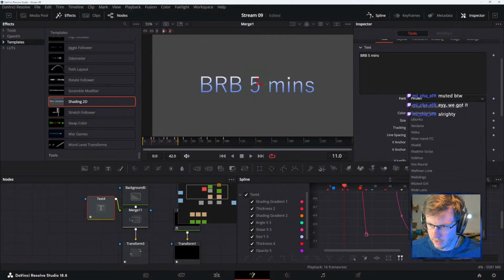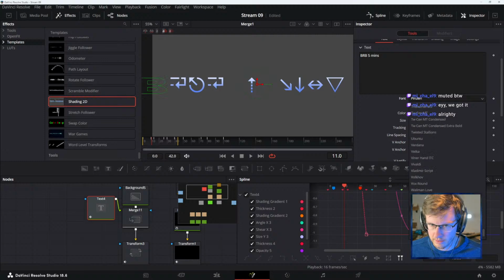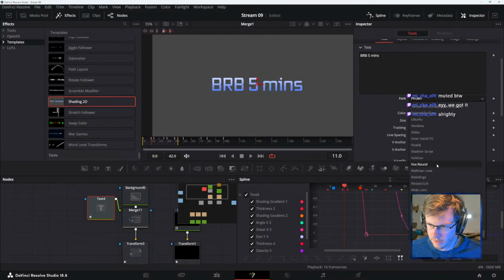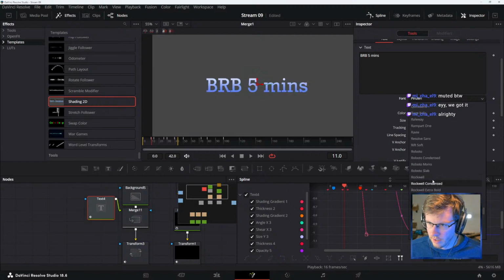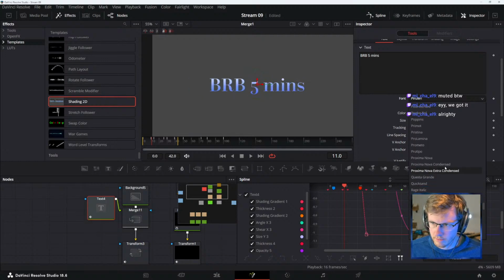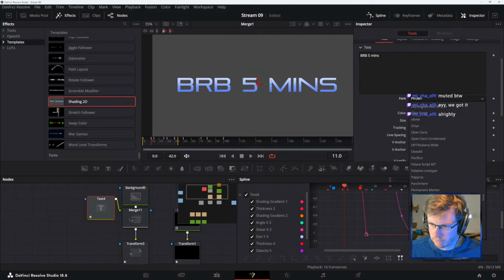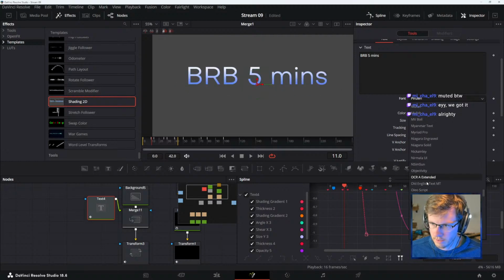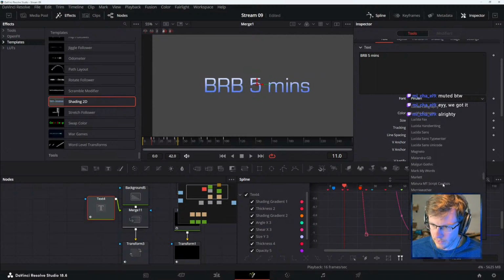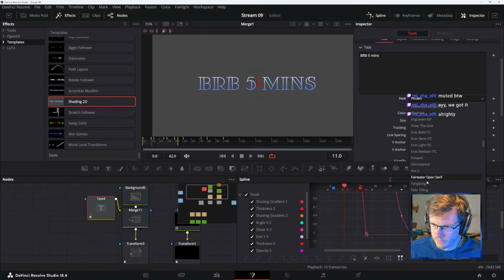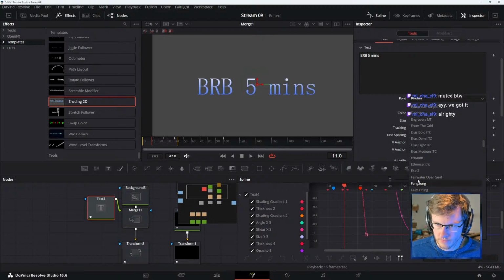What do we got here? Wingdings. Wingdings looks like Rockwell. I like, yeah, this one's cool.